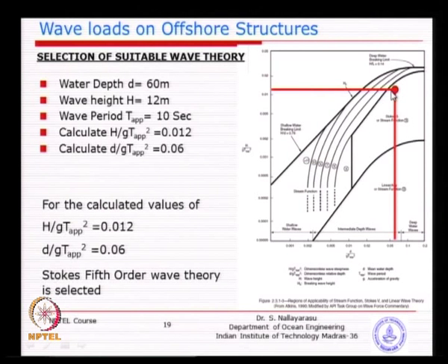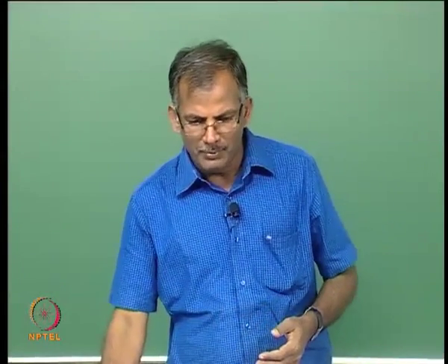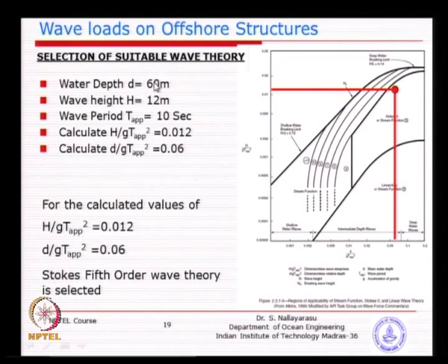So, for a typical jacket location of 60 meter water depth, the wave height is potentially 12 meters, and Stokes wave theory applies. You can't use Airy's wave theory, because the wave height at the same location is too large. If you select a 2 meter wave height, it will come down straight away here, and automatically you will be able to select Airy's wave theory. Similarly, when the water depth becomes 10 meters, can we have a 12 meter wave height? Not at all feasible.